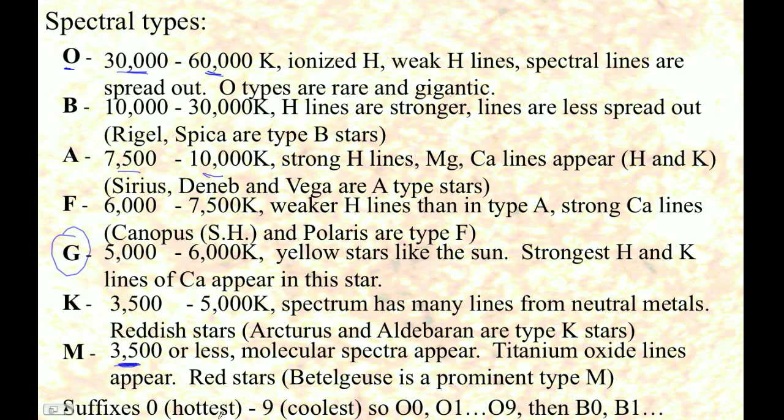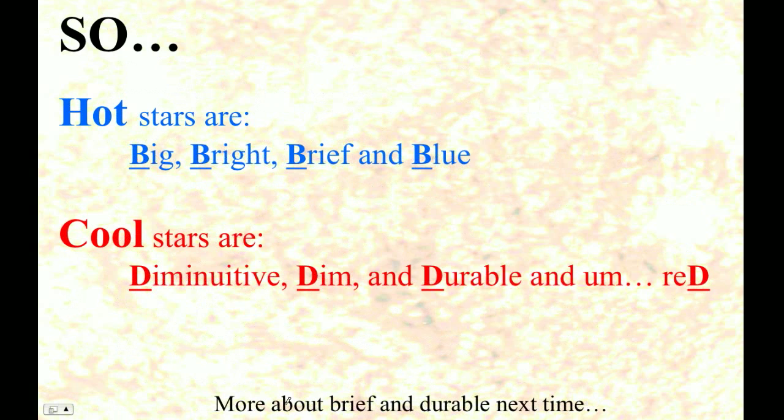Notice that there are suffixes, and of course you have to do those backwards too. So 0 is actually the hottest one, and 9 would be the coolest, of course, because Lord knows we couldn't do anything in a normal way. All right, so